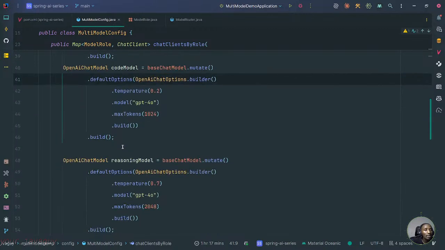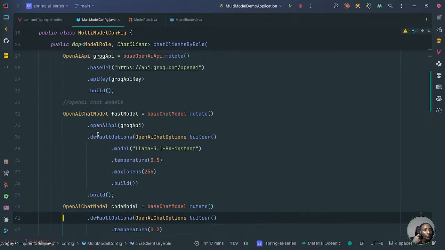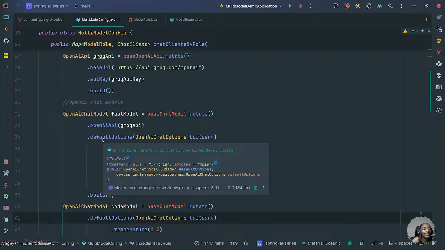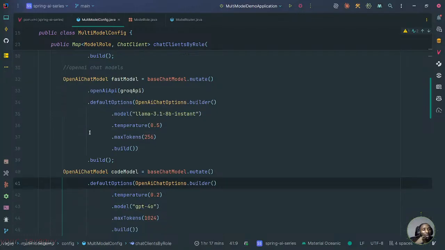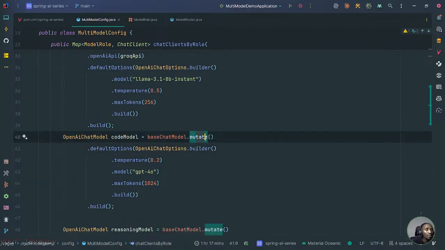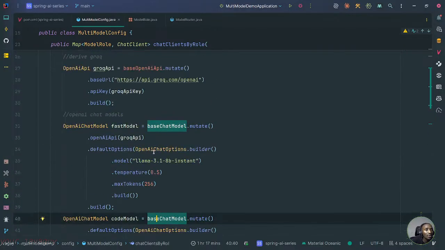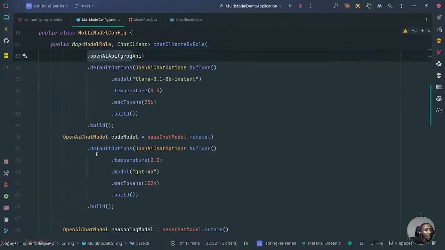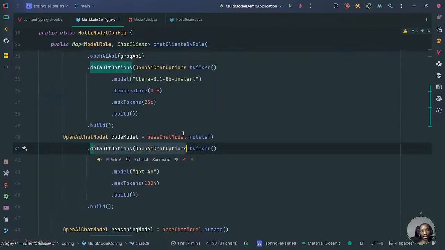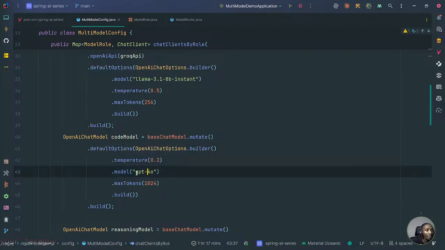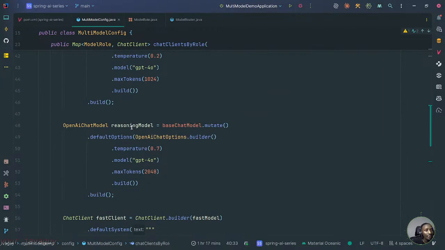And then if you still want to use the same base model but you don't want an external thing, you could still use the mutate. So base chat model .mutate. Here you don't need to pass the OpenAI API, because you're not stemming it from outside. You're still using some flavor of OpenAI, but in this case you're going for GPT-4o. This one is a coding model, for example. You also have a reasoning model, so you're still stemming from